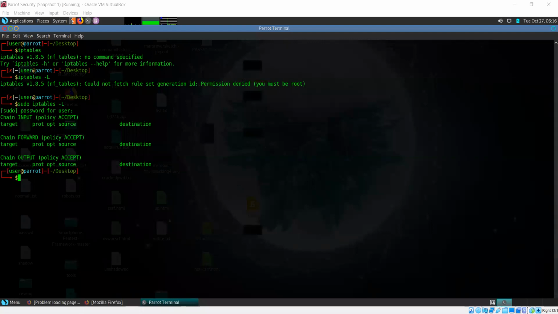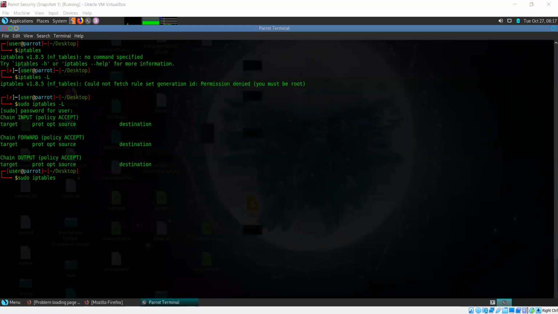So if I want to add some kind of option here, I would do something like, let's say I want to drop something. So I would use the command sudo iptables.